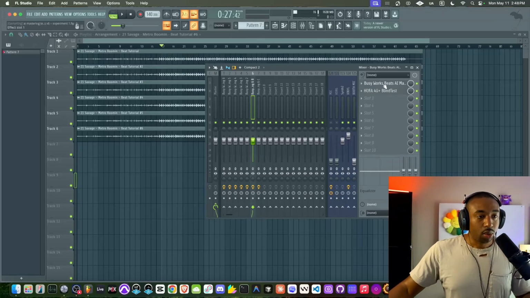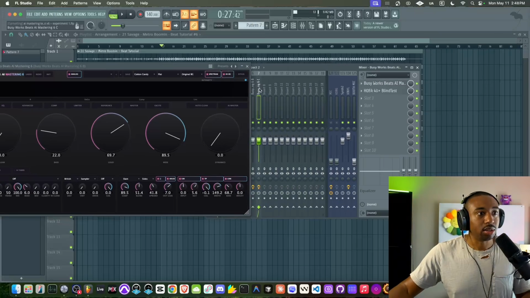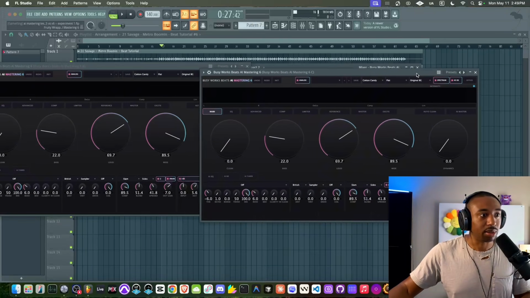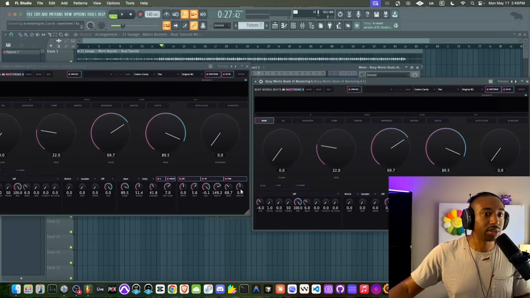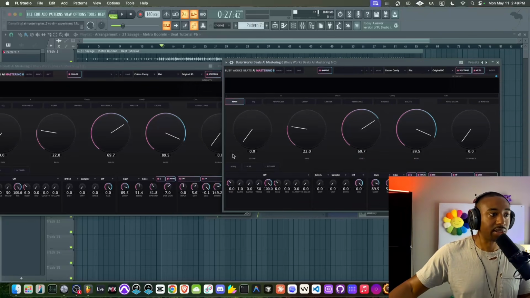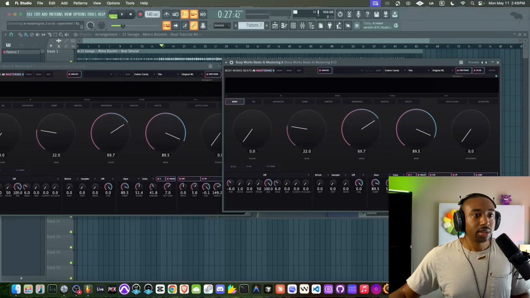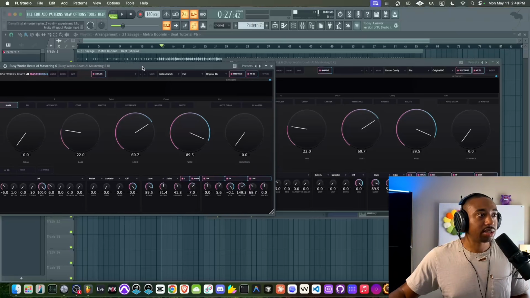So now what I need to do is a quality check. So I'm going to go into here. This is a little bit boring, I'm not going to lie to you, so I'm just going to sum this part up. Basically I'm looking at every single knob and making sure they each have the same exact values. Okay, so I'm just quickly doing a check, and I'll pause the video